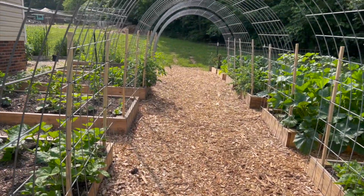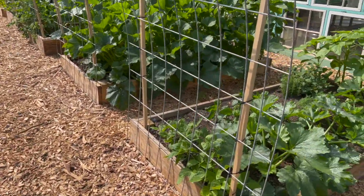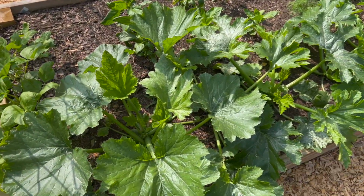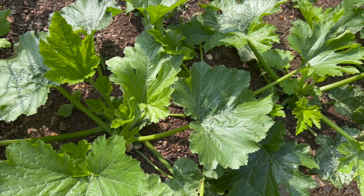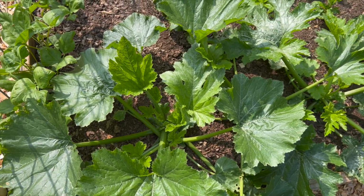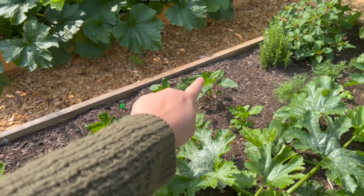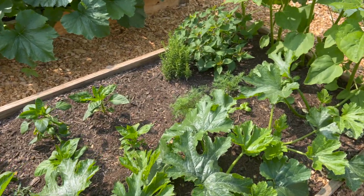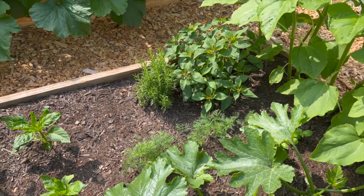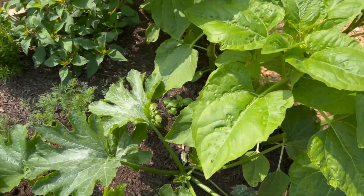If we keep going on the second arch, we have green beans that are coming in nicely on each side. And then in this bed we have, let me think, this is a squash. I'm trying to remember which variety this one is. I believe this is just a yellow crookneck squash. And then we've got some Cherokee bell peppers back here, some rosemary, and some dill for pest control and companion planting purposes. There's a little pineapple sage plant tucked in here, sunflowers, and then if you kind of get down in here,